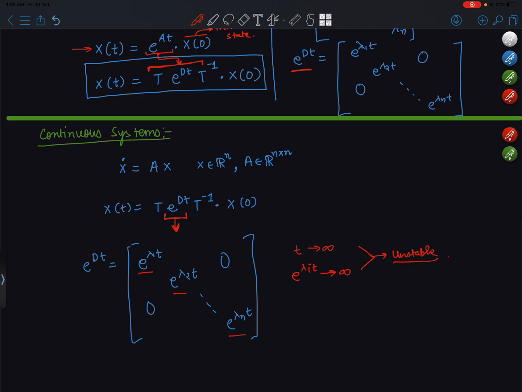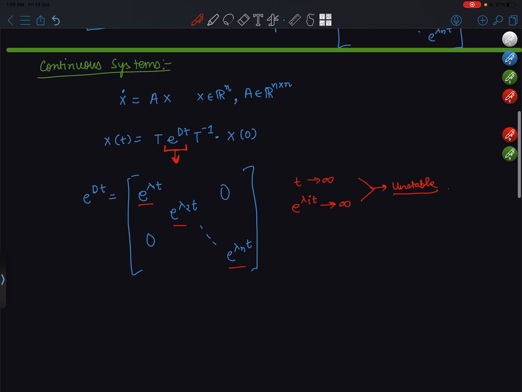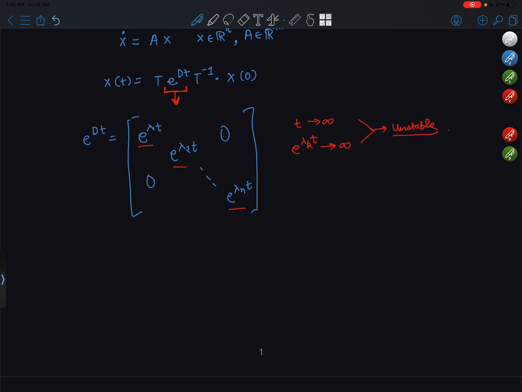Okay, so let's see what this instability means. What is e to the power lambda k t? Okay, let me change this lambda i t to lambda k t, because that was a little bit confusing. So lambda k t tends to infinity. Now what does e to the power lambda t mean? As we all know, lambda is the eigenvalue of A,